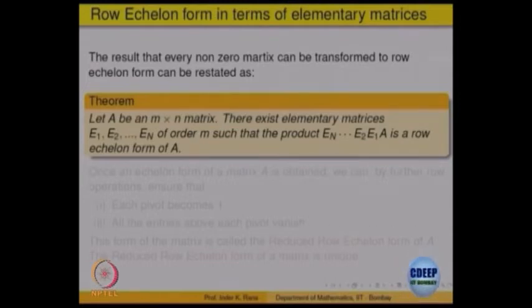I will multiply that row by 1 over that entry, right. So, by elementary row operation, the pivot value can be changed from the arbitrary number, whatever it is in the matrix, to the number 1 by elementary row operation again. Once the pivot is 1, below the pivot everything is 0 in the row echelon form. That is what pivot means. Only possibility is above it there could be non-zero entries sitting, right.